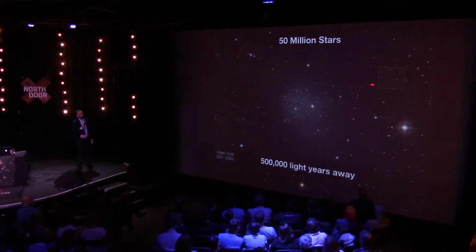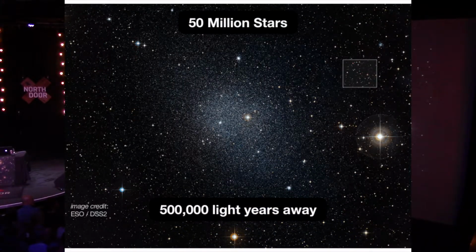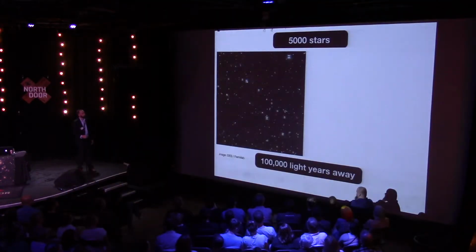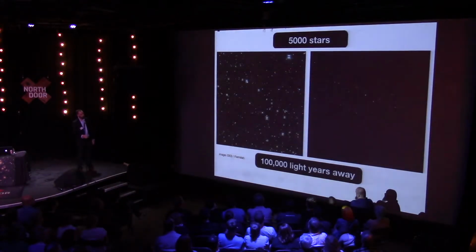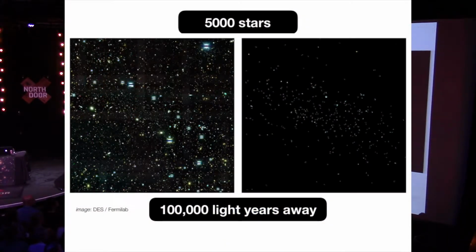But you can see that, remember, we were looking at one tiny smudge in this tiny image here and trying to understand all kinds of things about it. If you look at this image, there's a tremendous amount of information. So by studying the nearby universe, we think we can maybe understand things a little bit differently. Okay? And in fact, there are even fainter galaxies in the nearby universe. This is a galaxy that's 100,000 light years away and has just around 5,000 stars in it. This is incredible. In fact, if you look at this galaxy, here they've tried to mask out some of the bright stars that are in the foreground of this image. If you actually look at the galaxy's stars itself, it looks something like this. Okay, so in the very nearby universe, we can actually see things extremely well.